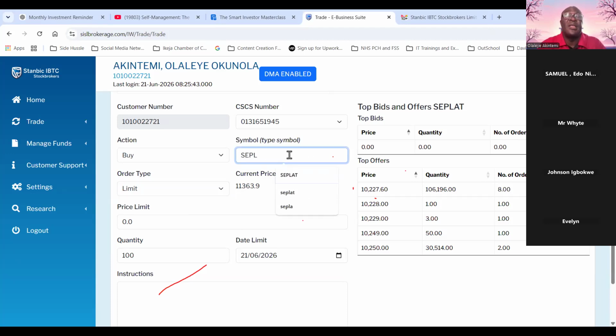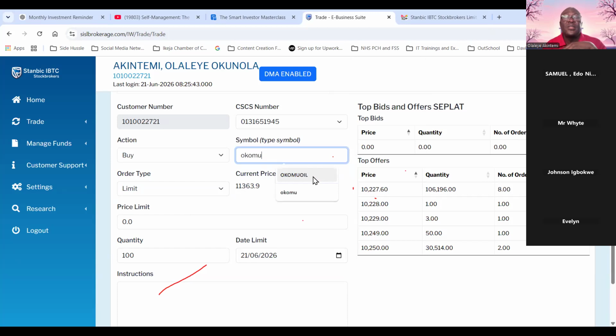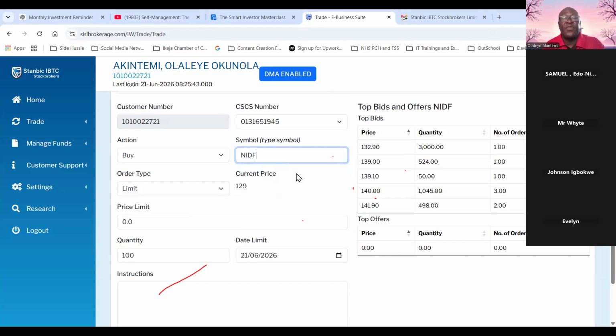Okay, let me look for, okay, let's say Okomu. Okay, let's see. Yeah, a good example would be NIDF. I tried it on NIDF Friday. Nobody wants to sell NIDF. Nobody wants to sell. Even if you offer, you can see people are offering 141 naira 90 kobo, even though the market price is